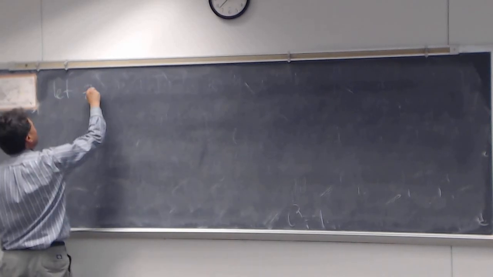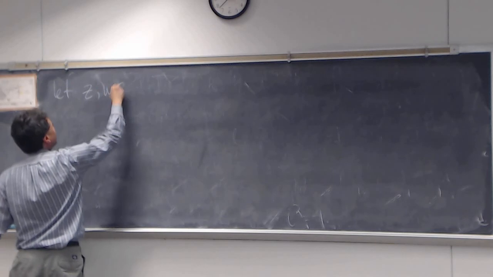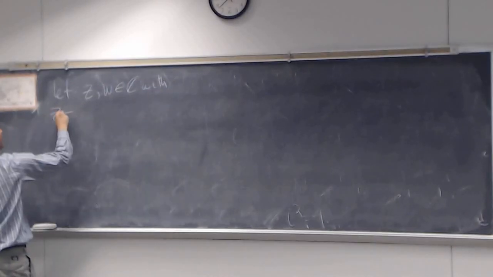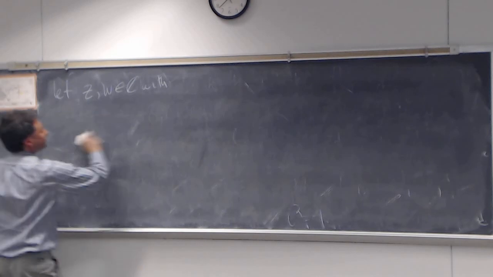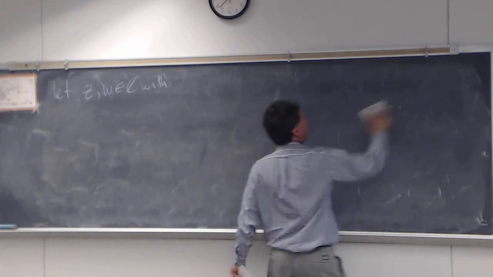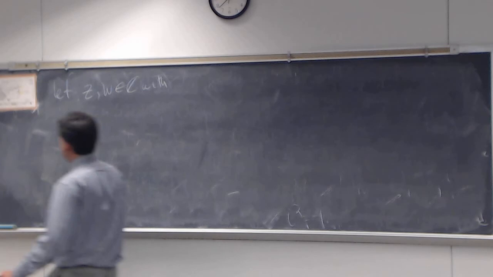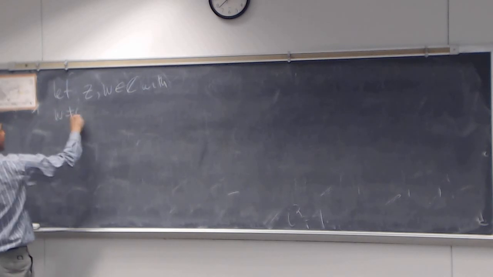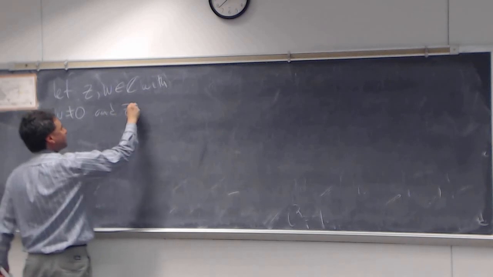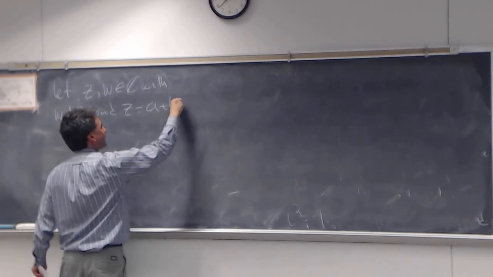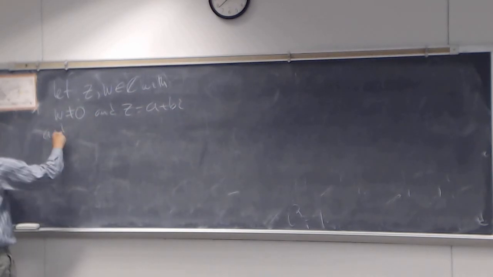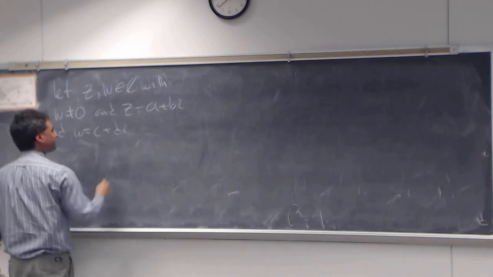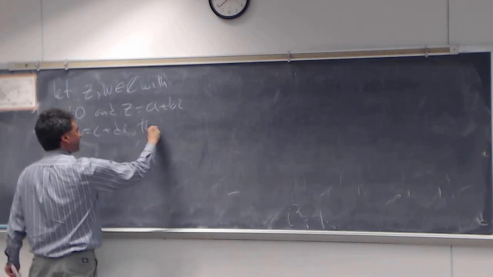So let z and w be complex numbers with w not equal to 0. And suppose z is a plus bi and w equals c plus di, then